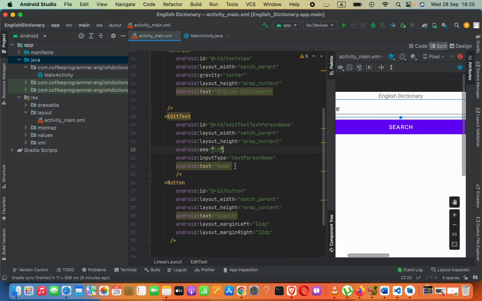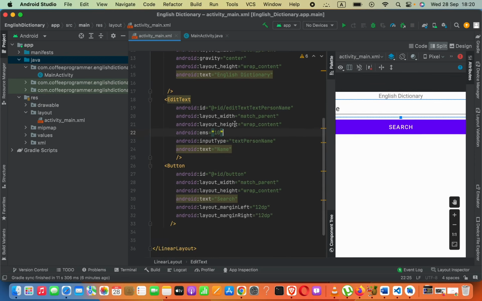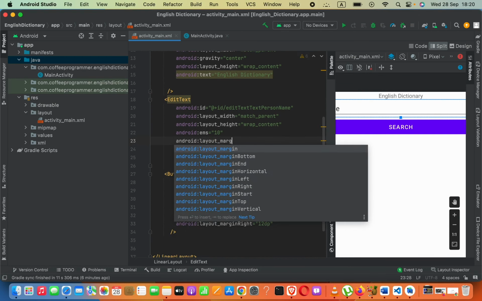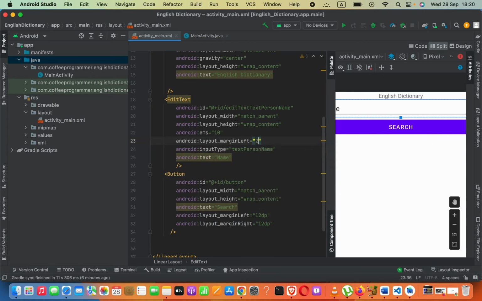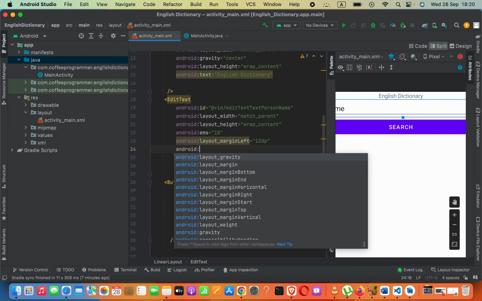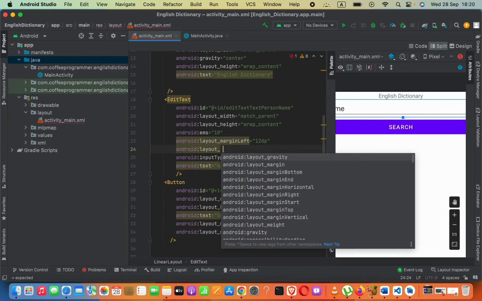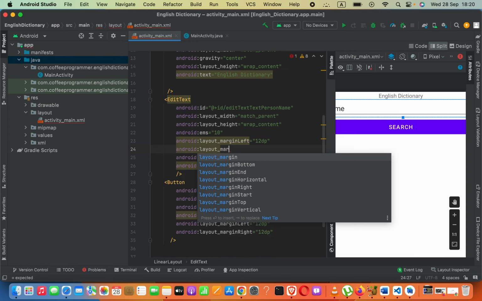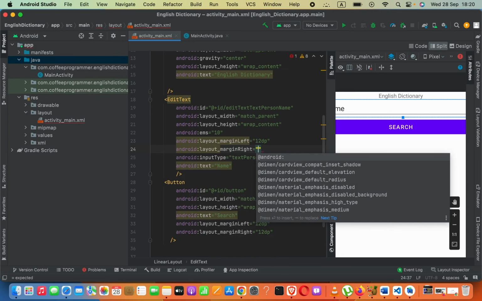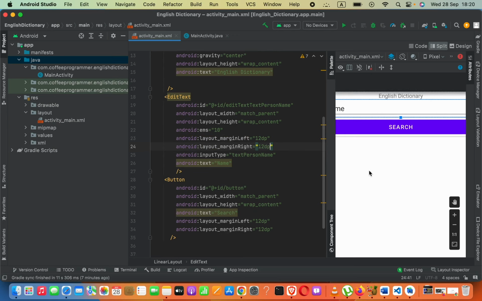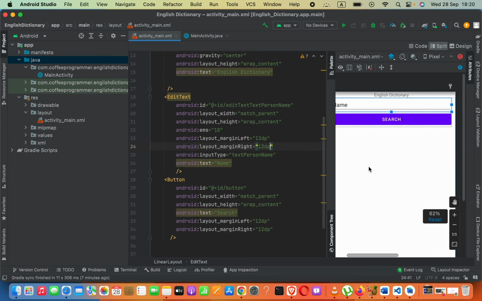It is fine. Now we need to add margin for this edit text also. I'm going to just add layout_marginLeft equals 12dp. For the right side, I will say layout_marginRight 12dp. Okay,